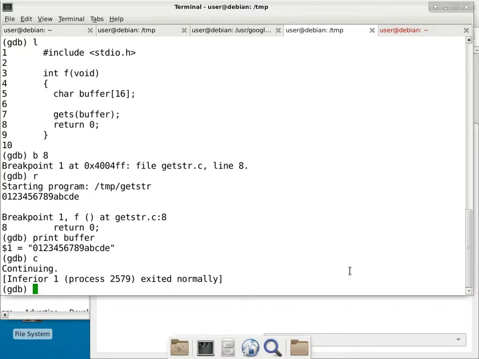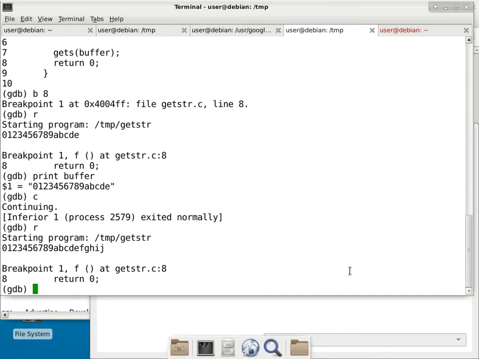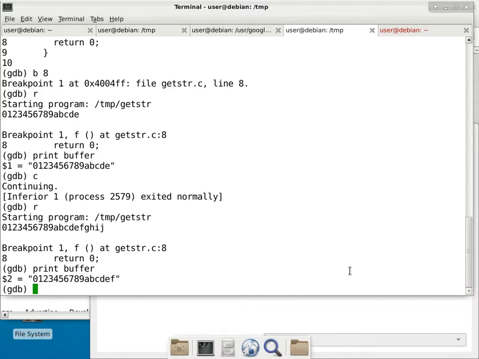So the next thing we're going to do is, okay, what happens when we give it more stuff than 16 bytes? That's the question. What is going to happen? So we'll give it specifically a little more than that: A, B, C, D, E, F, G, H, I, J. Okay, and then press the Enter key. We still get to the return 0. When we say print buffer, it will still give us